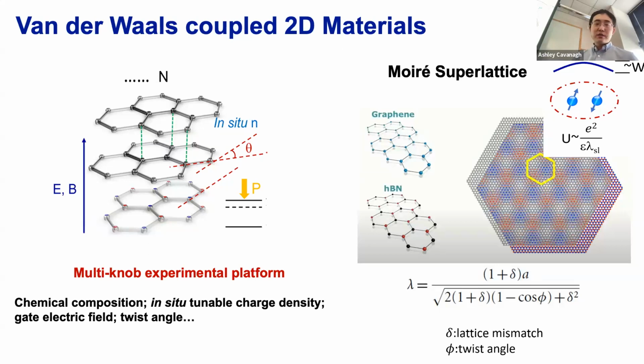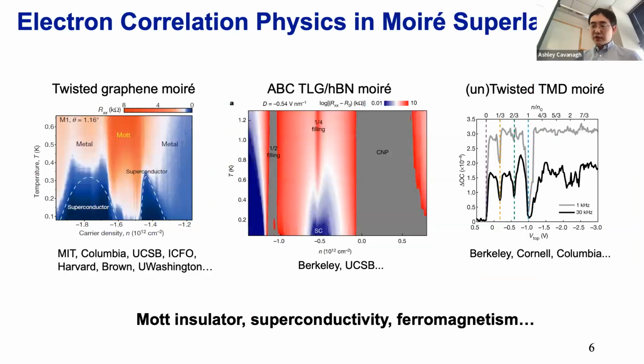They have a lattice mismatch or a twist angle or a combination of them, and the result is a periodic potential to modulate the electron states. The first one was demonstrated by my colleague Pablo at MIT, the so-called magic angle bilayer graphene. After that, people have been looking at other Moiré superlattice systems, for example, ABC trilayer graphene, hBN, and